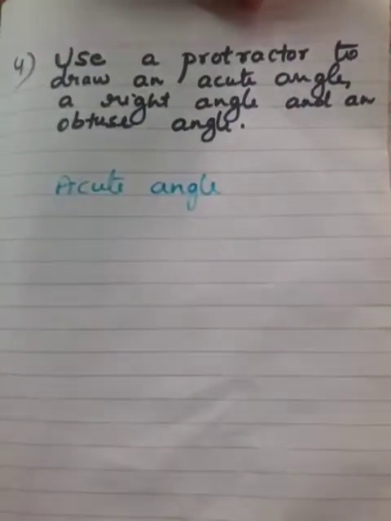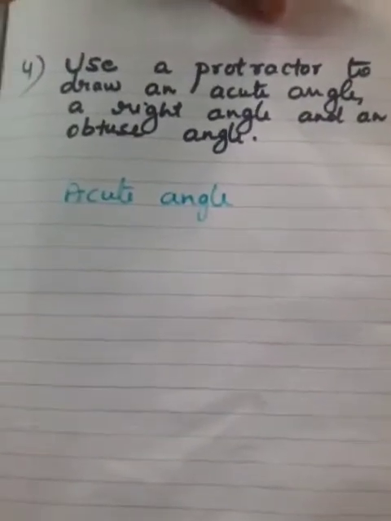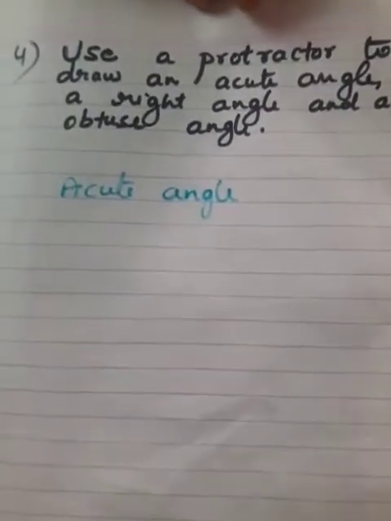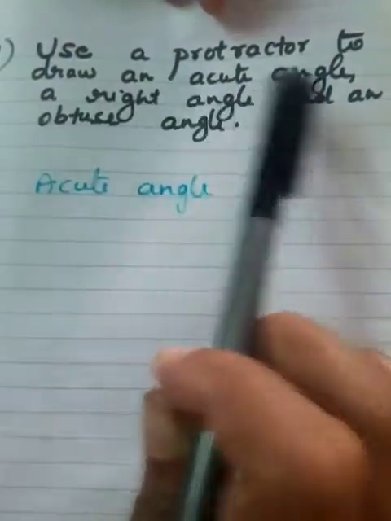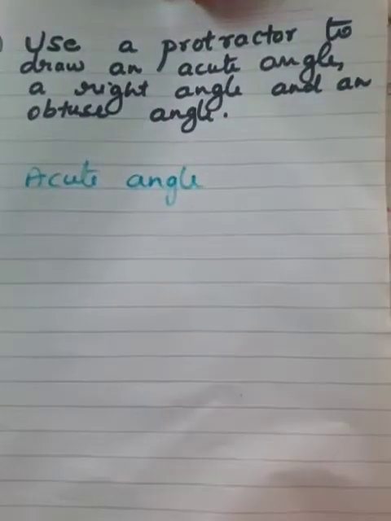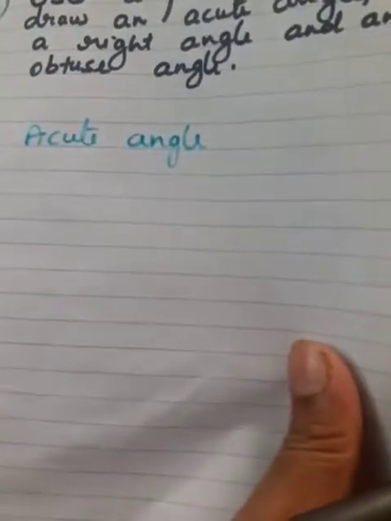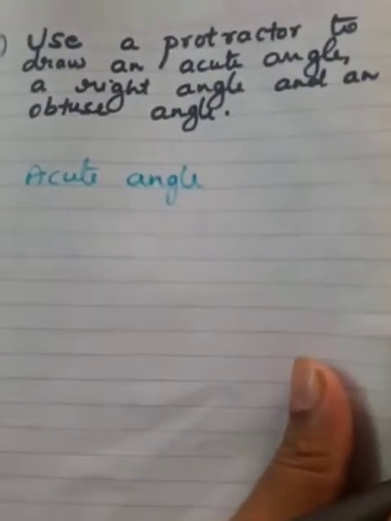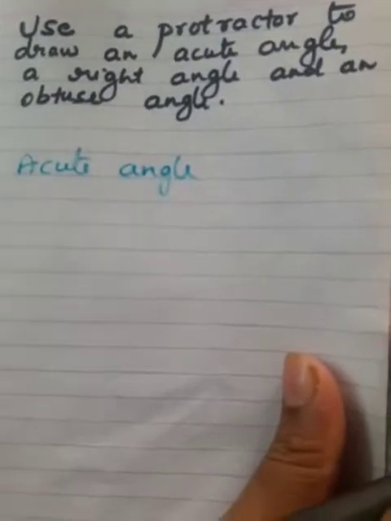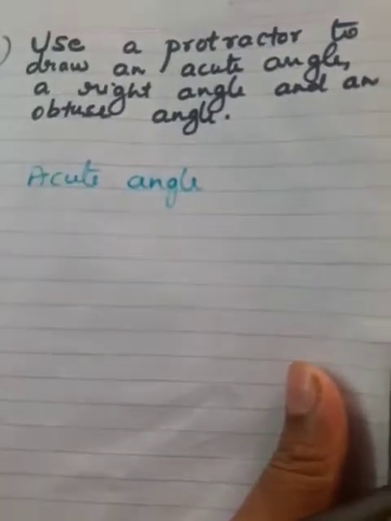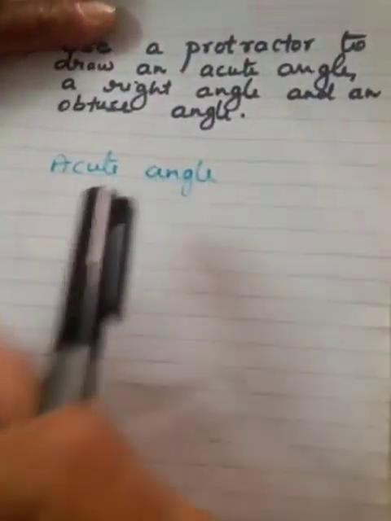So in fifth standard you have learnt how to draw an angle using a protractor, correct? Here the measure is not given, so they only said to draw an acute angle, obtuse angle and right angle of any measure. So you know what an acute angle means? If the angle's measure is less than 90 degrees, then it is called an acute angle. So here you can take any measure, so 40 degrees or 50 degrees.